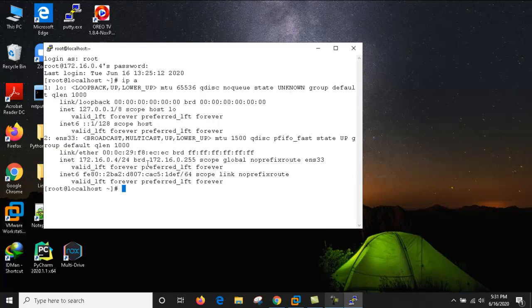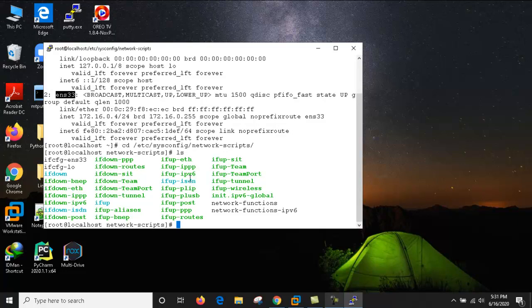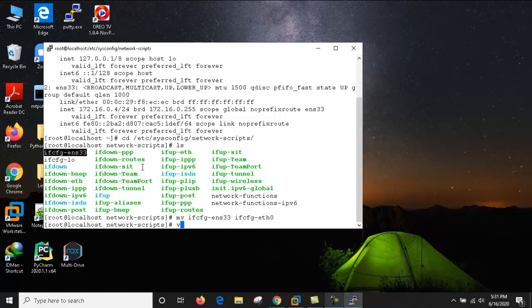Now our second step is to rename ens33 to eth0. How to rename it? Go to the same place, sysconfig, network-scripts. Do ls here, and I need to move this file to ifcfg-eth0. I have moved it. Now I need to replace ens33 with eth0.